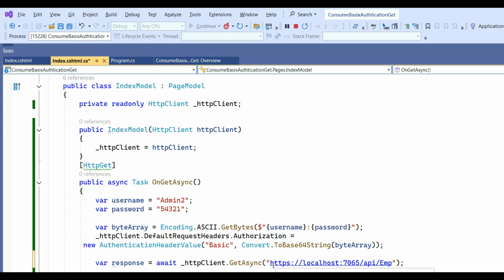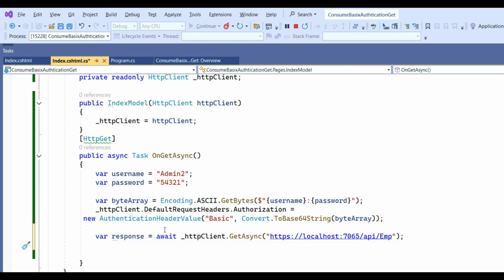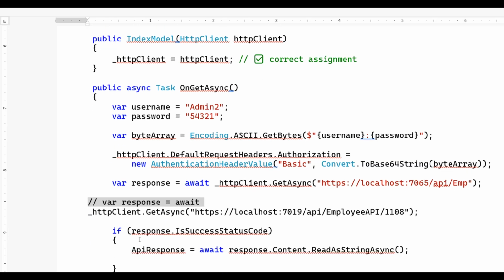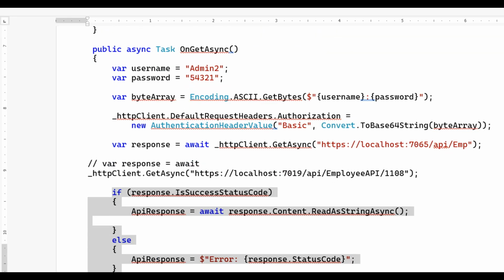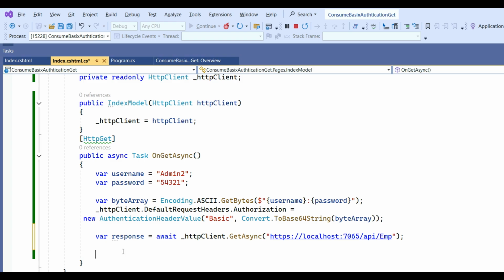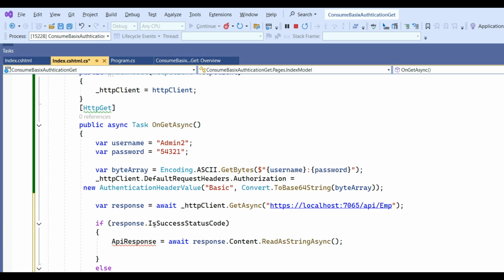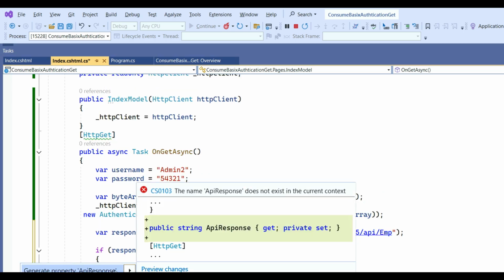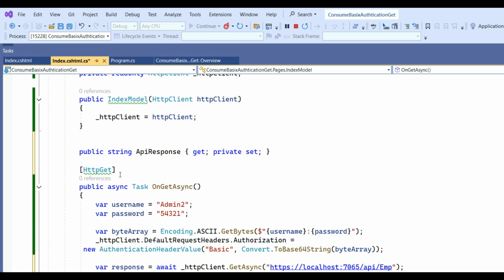So what is this? This is the external web API, where after you call it, whatever response you get will be success or not. So we write some code here. You can see if response.IsSuccessStatusCode, then you will get the API response. This API response we can define as a getter setter property. You can also generate the getter setter property here, like public string APIResponse get; private set;